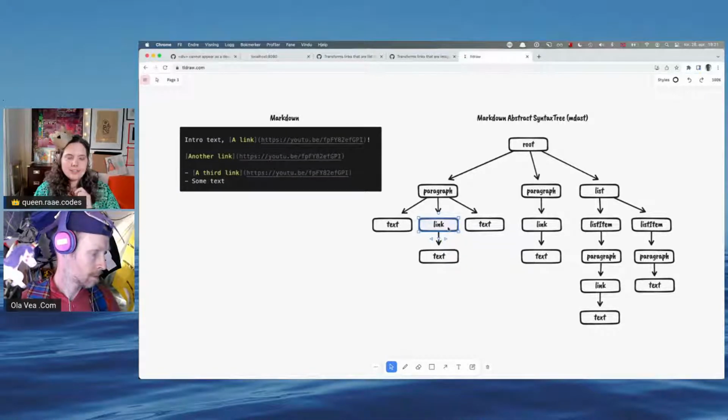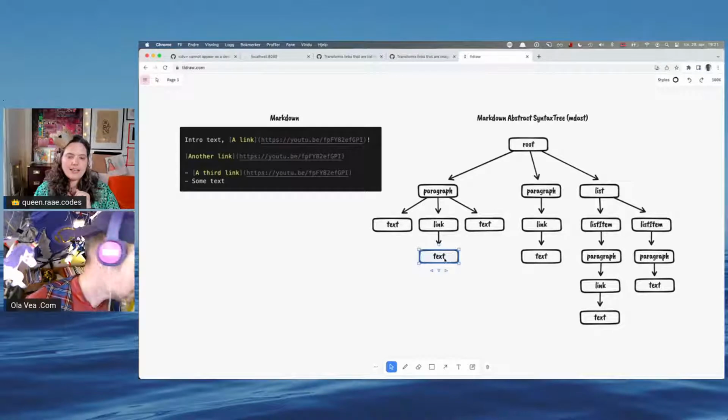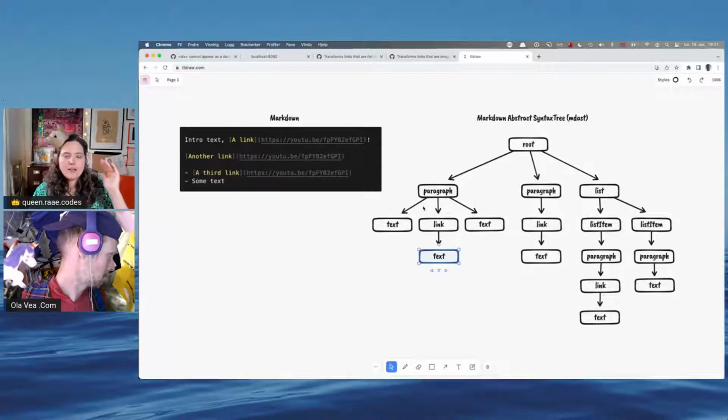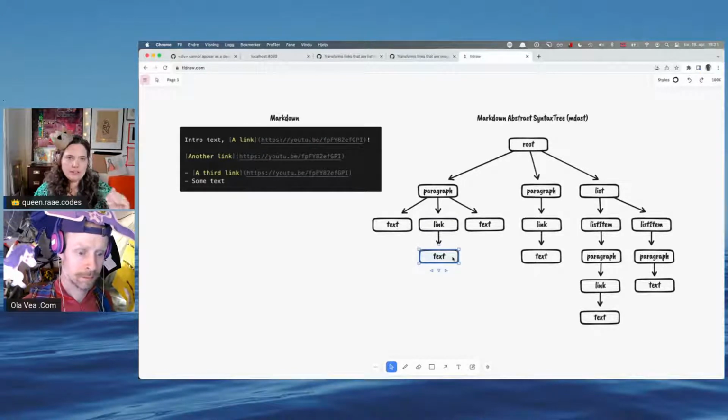So on this link, you could do link.url and you will actually get this URL. And when you go into its child text, the text.value would be the link text in here. So different nodes have different fields on them. You need to know that a link node will always have a URL field, and a text node will always have a value field.